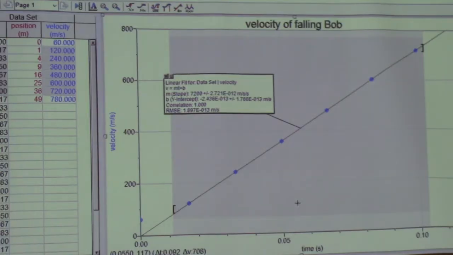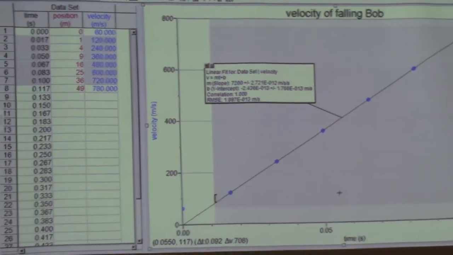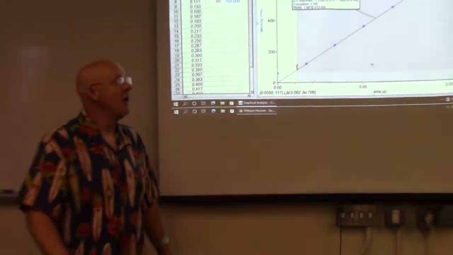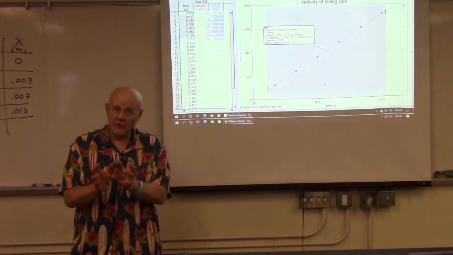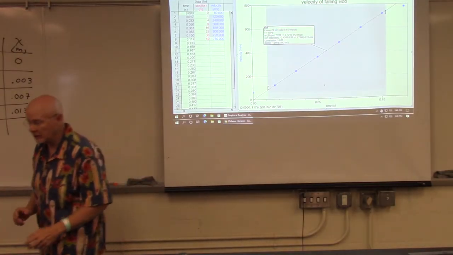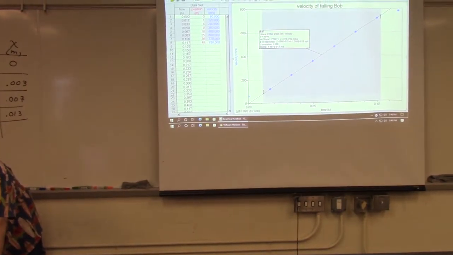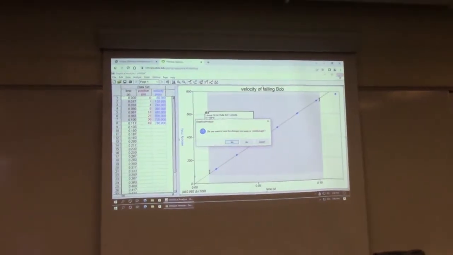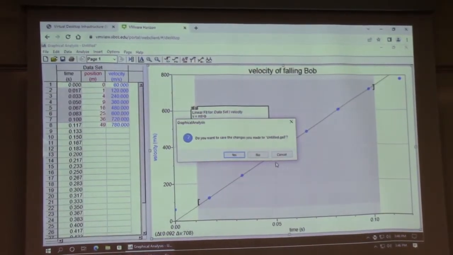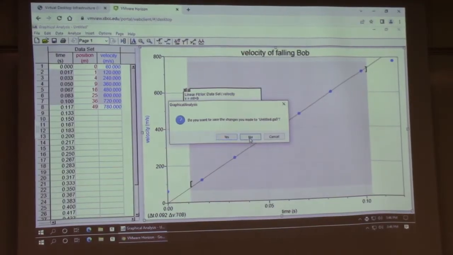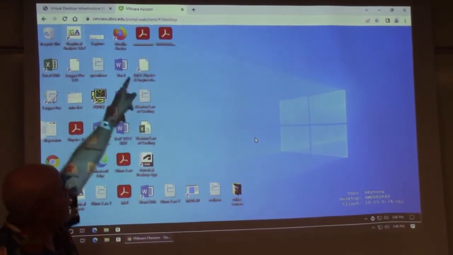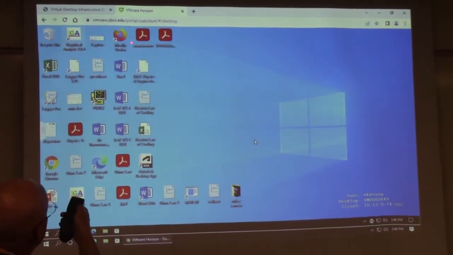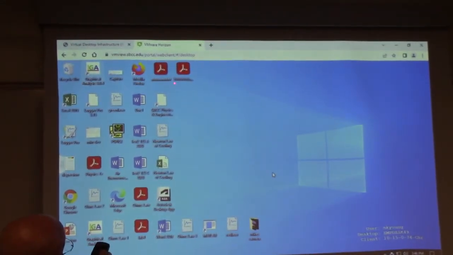Okay, so I think I'm done with Bob. Let me shut down this program and go to my desktop and just hopefully double check that both of those are there so I can turn them in on Canvas. So I'm going to close down graphical analysis. I don't think I need to save any of these. And now I'm back to my virtual desktop, and there they are. There's that first graph, AAA, and there's the second one, BBB, and they have the little icon for a PDF